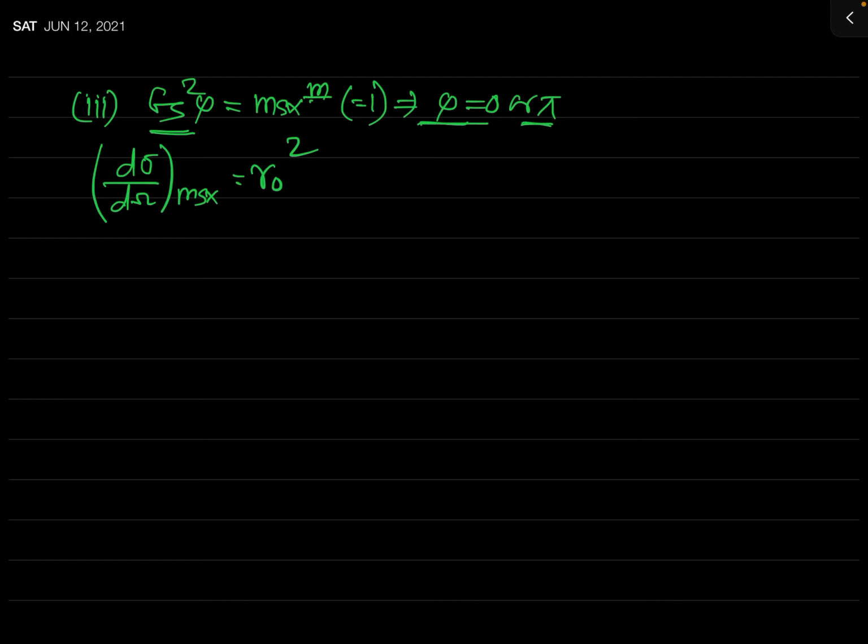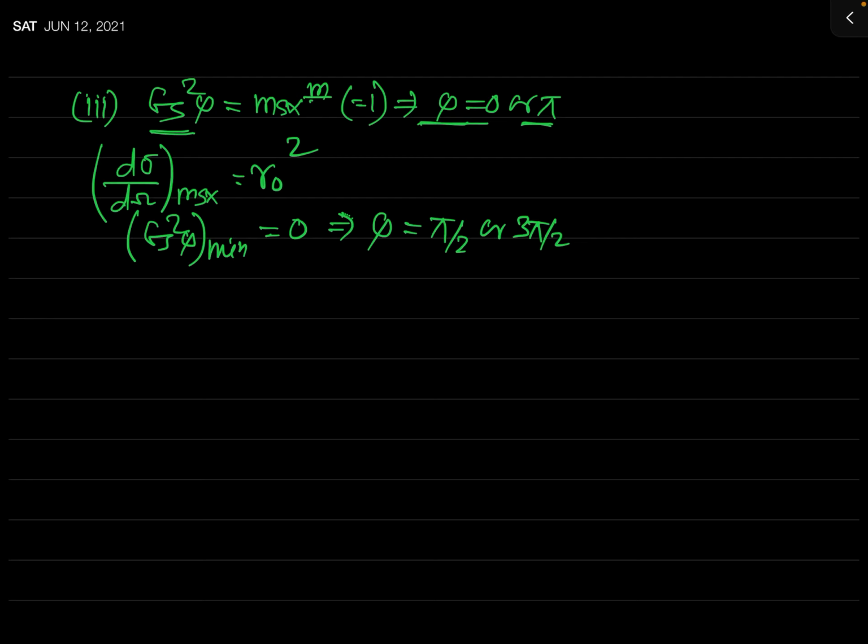And what will be its minimum value? You know, cos square phi minimum will be what? In fact, this will be 0, because any square has the minimum value equal to 0, and if it is 0, what does it mean? What will be phi? This phi will be actually equal to pi by 2 or 3 pi by 2.